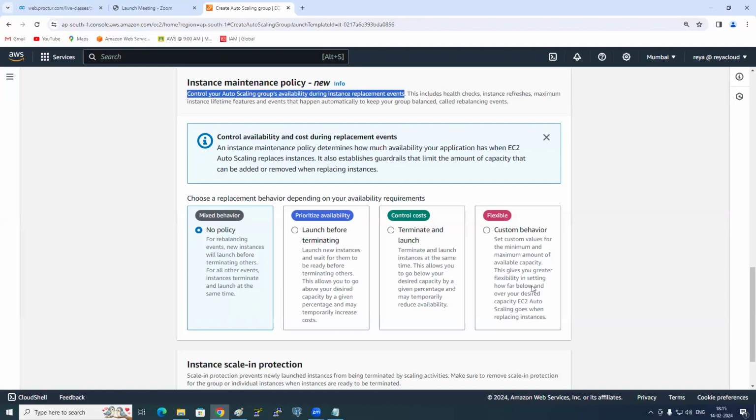Do you want to create new machines first and then terminate the old ones, or first terminate the old ones and then launch your EC2 instances? How? That is these behaviors: launch before terminating, terminate and launch. And if you want your custom behavior, select it. At the moment, I'm going with the no policy. You understand this? What does this mean?